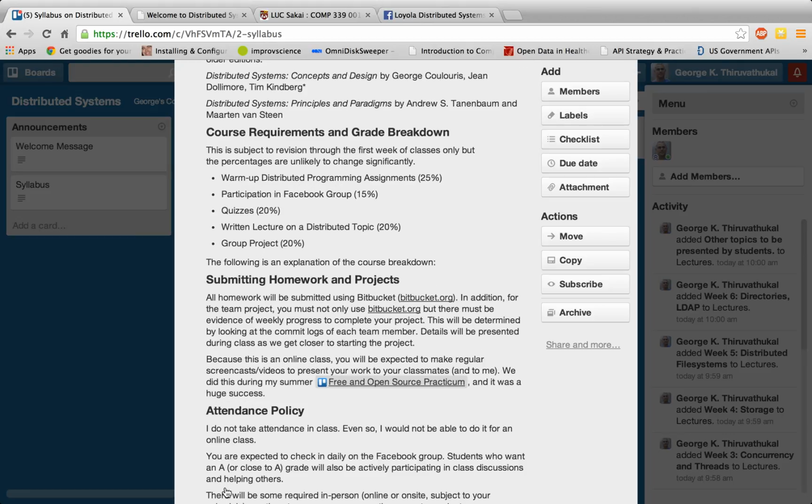Lastly, there'll be a group project, and because of the written lecture, the group project will be a little bit shorter than what we normally would do when there's only a project. So the project should be thought of as kind of like maybe a supercharged version of the hardest of the programming assignments, but where you also are required to go above and beyond the actual material and to come up with something interesting and original.